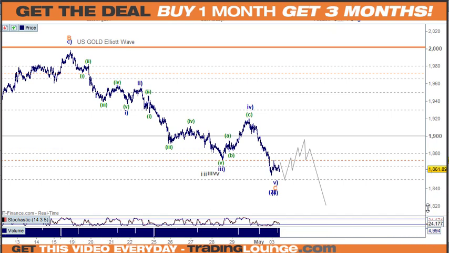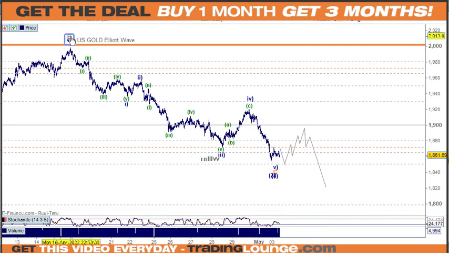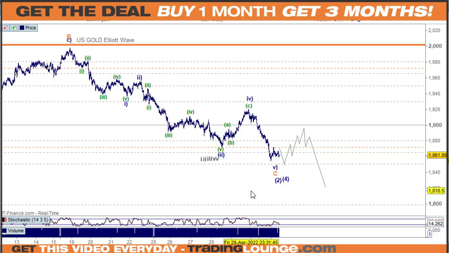So with gold here, we've been looking at wave B up here, and we've had a wave A, and we'll take a look at the bigger picture today. An A wave, a B wave, and a C wave coming down here. That can be wave 2 or wave 4 here, more likely to be wave 2 in this instance. Between wave B and wave C here, we've been counting 5 waves. So we've got 1, 2, 3, 4, 5 for 1 and 2 here, and then 1, 2, 3, 4, 5 here for the third wave, A, B, C for the fourth wave.